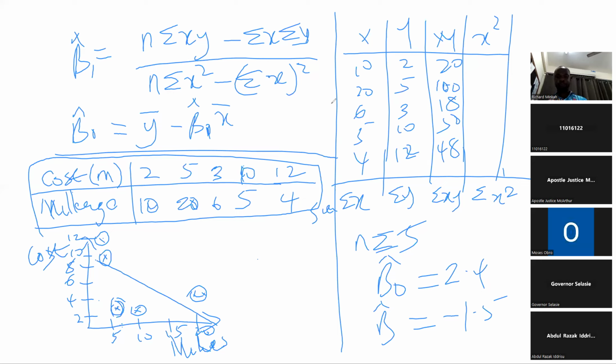Okay. So here, what we are saying is that if the mileage is 0, it's like the basic cost of the construction of the road is 2.4 million. That is beta naught. Then beta 1, because it is negative, we'll say that for any additional 1 mile increase in mileage,